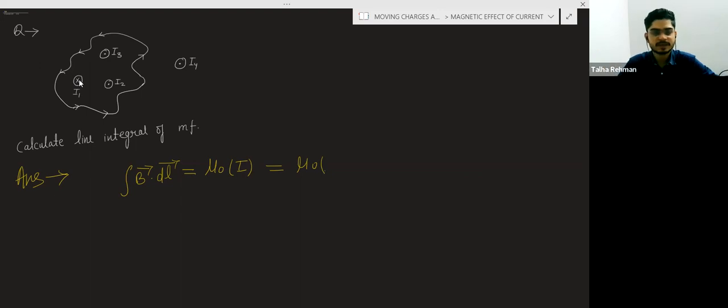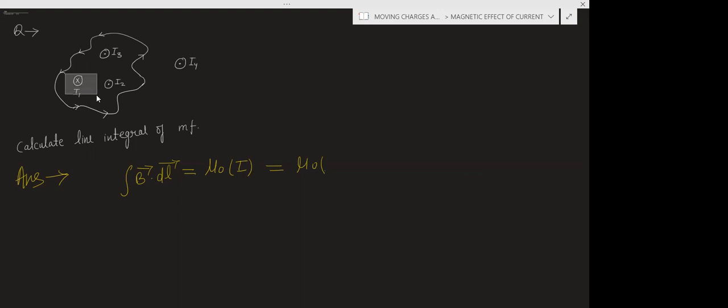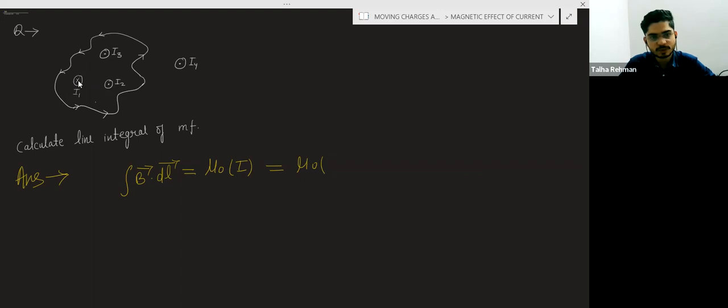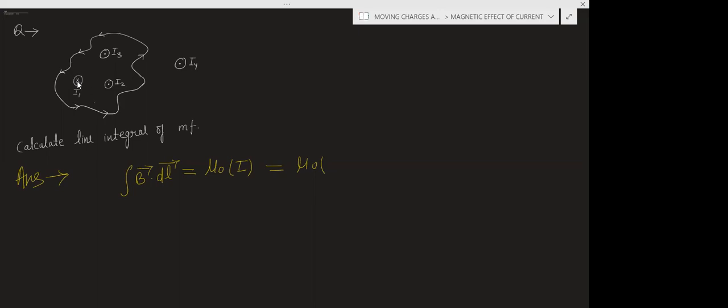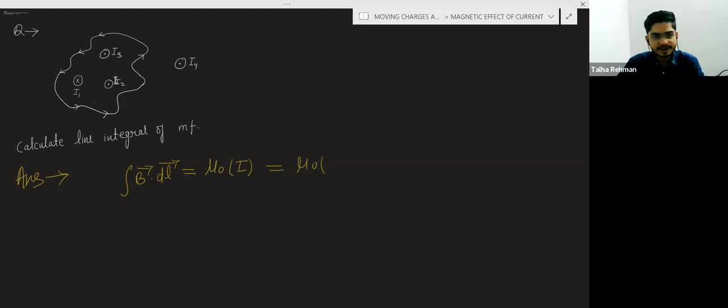This is the current. This represents the inward current, because here you can see this cross represents the inward direction and this dot represents the outward direction. So here is some current which is going inside, means inwards, along the negative z axis. So this and this current will be positive. I2 and I3 current will be positive. So you will write I2 plus I3, and this I1 will be negative because this is going along the negative